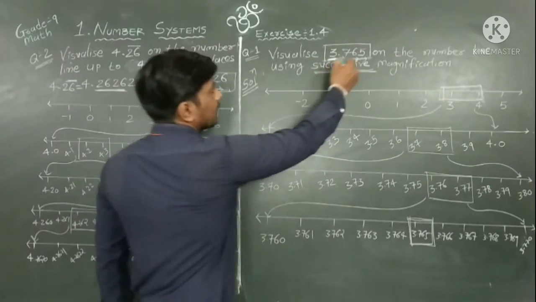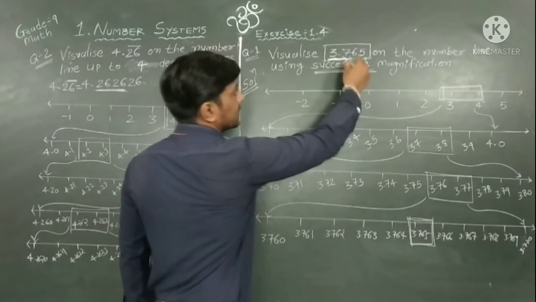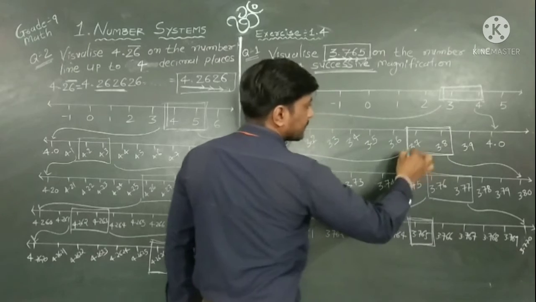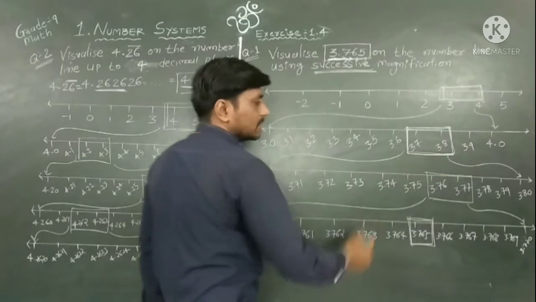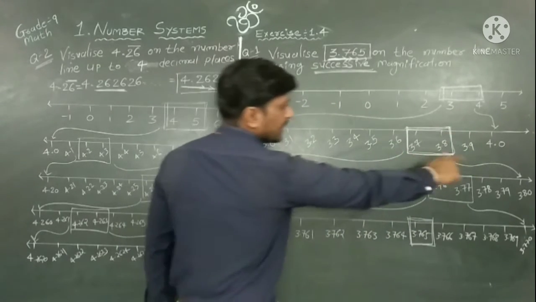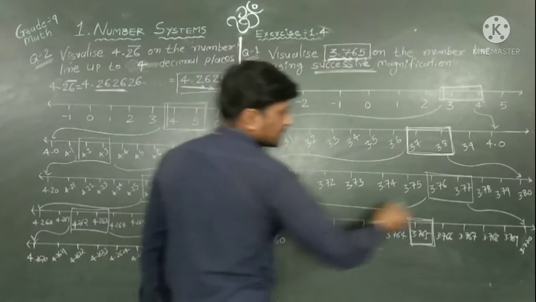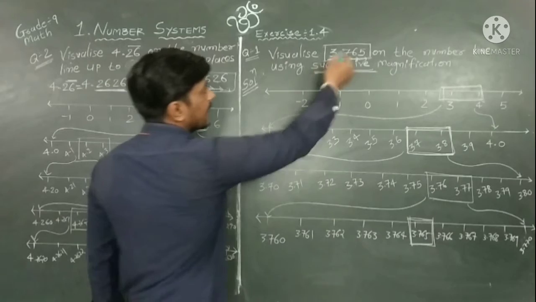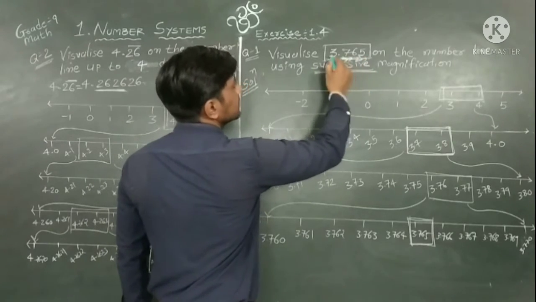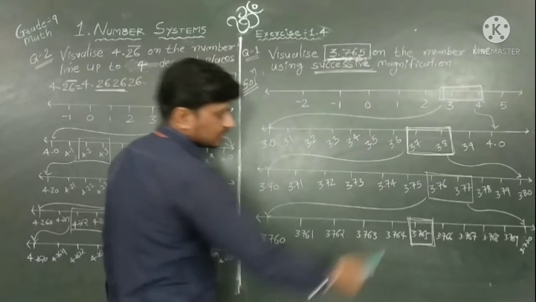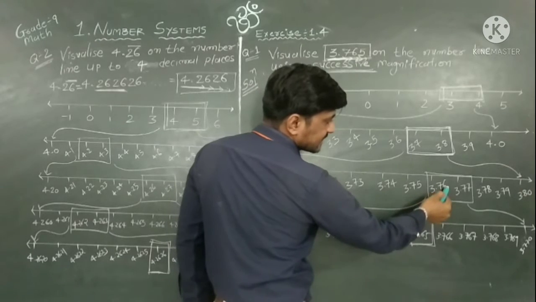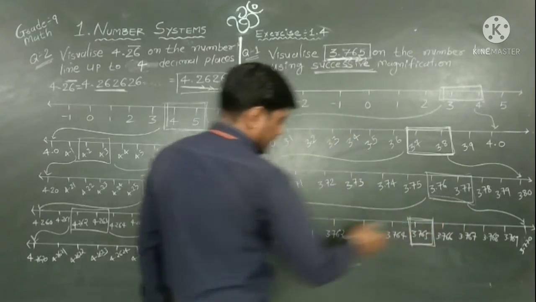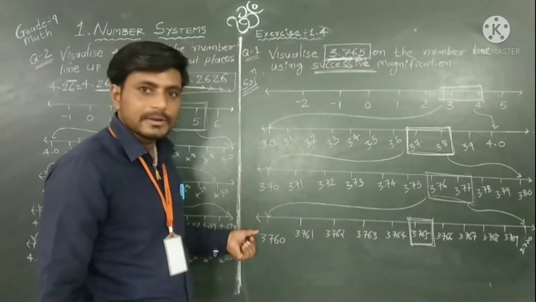Okay, now read one more digit, 3.7. So now this time visualize 3.7 to 3.8 this portion. So what happened if I visualize this portion like this? These are those numbers that lie between. Again read one more digit, 3.76. So this is 3.76, 3.77. So visualize this portion and we have a number line like this.